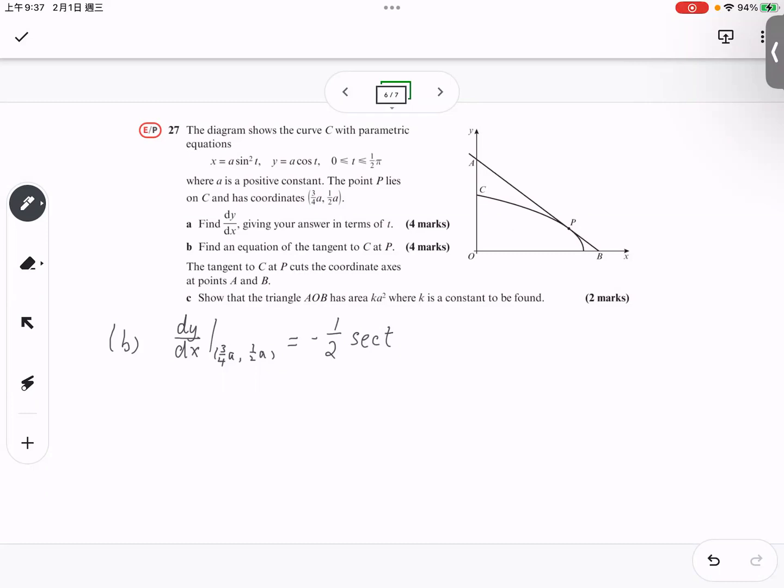We'll plug in, maybe I will plug into y because we would see a square for x. Oh, it's a little bit difficult for you, although you know that this is between 0 and pi over 2, there will be only one answer of it. But I don't want to do the square one, so I will plug in